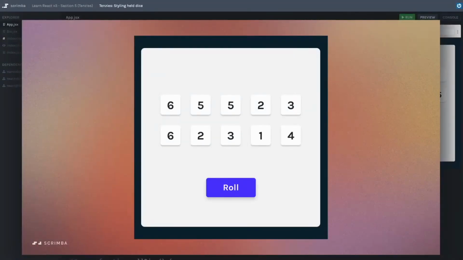Very soon, we're going to add the capability for the user to click the die so that it will be held. But unless we add some special styling for dice that are being held, it's going to be a little bit difficult to test this out. So the first thing that we'll do is style our held dice, or in other words, the dice who have an isHeld property to true, so that when they are being held, they will have this kind of light green